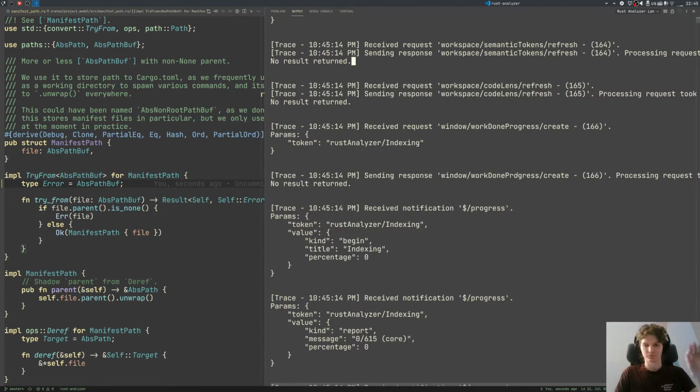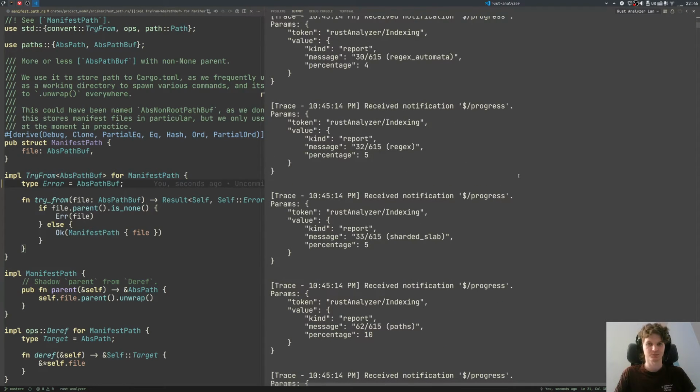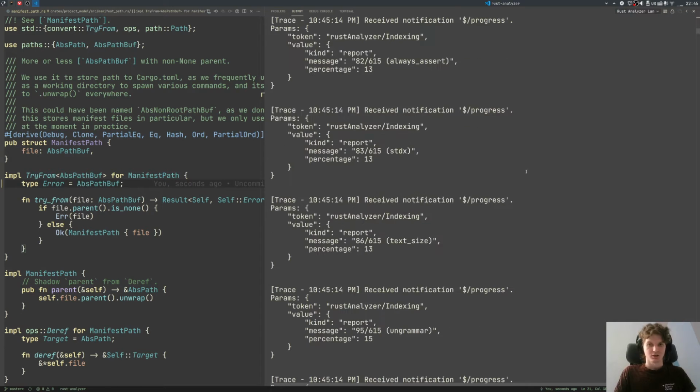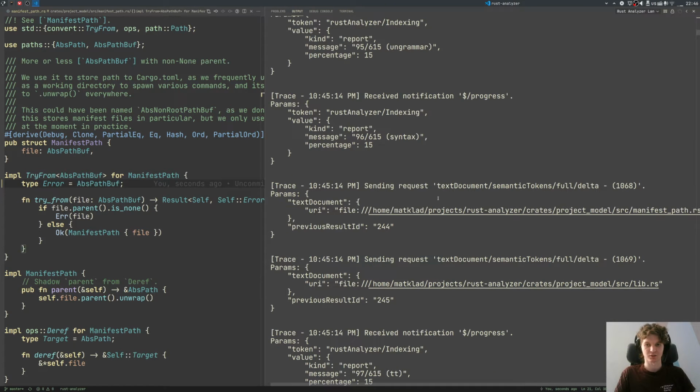There is some kind of progress notification because everything takes time, so we want to track progress. Actually, look at this. I'm really unhappy that the amount of stuff that happens on a small update is so big. I guess it makes sense to some extent, but I wonder if we can refactor it to make it much more frugal. Anyway, finally, here is the interesting request where the client asks us to get the syntax highlight information,